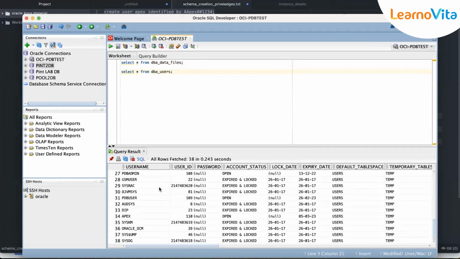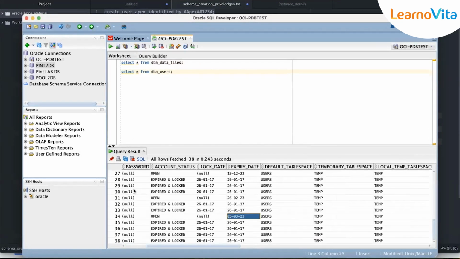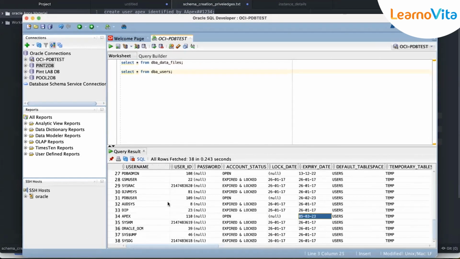Can you see APEX, created on today's date, 5/3/23? And the rest are all shared users. They are users for Oracle's own database engine. Now, WHERE username equals